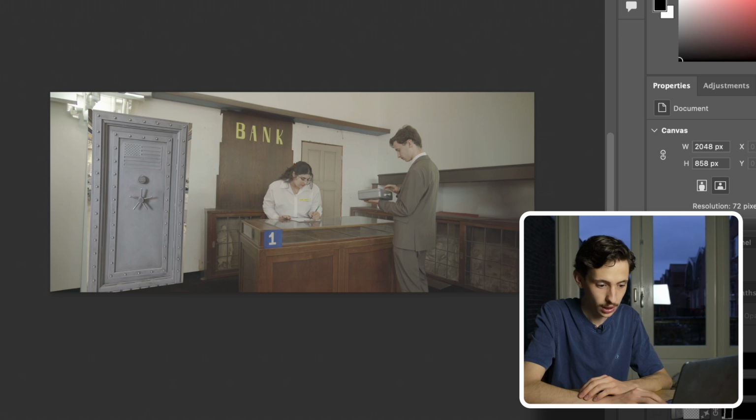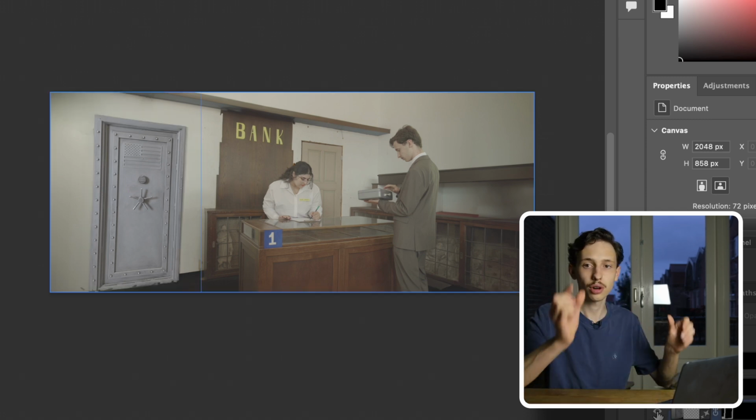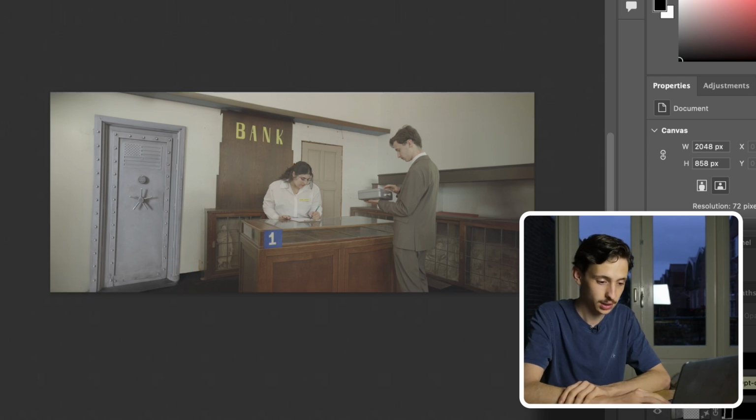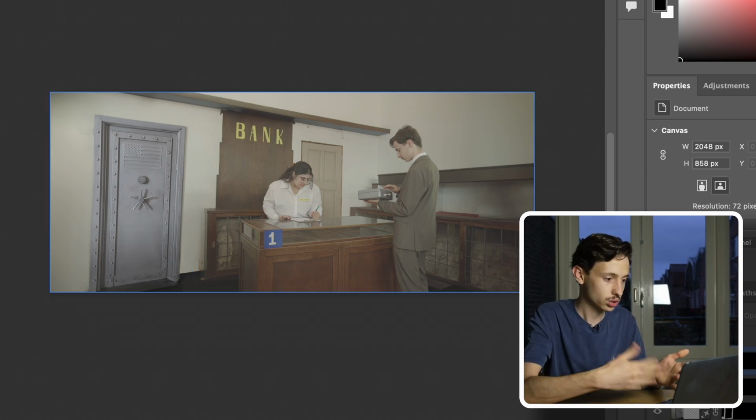What I did with the AI then is generate the edges around the picture. So that's another thing the AI does really well, is blend edges of two pictures together seamlessly, because that's something that's kind of hard to do yourself. I then fixed the bottom of the door as well to make that blend in, and then added some lighting adjustments to make it blend in more. And that's another thing you can notice in this shot, is that it's still in log format, because we recorded the film in log format, and the AI just adapts to whatever format you have.